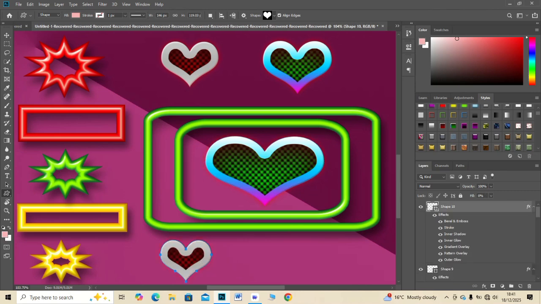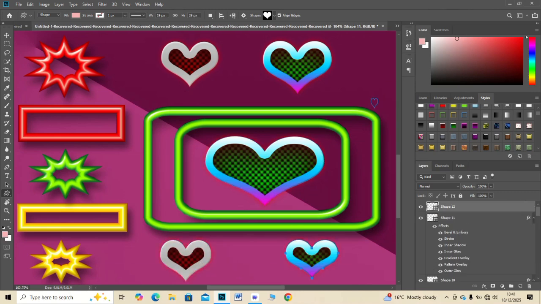Add text inside the label using Ctrl plus J. Adjust font size and